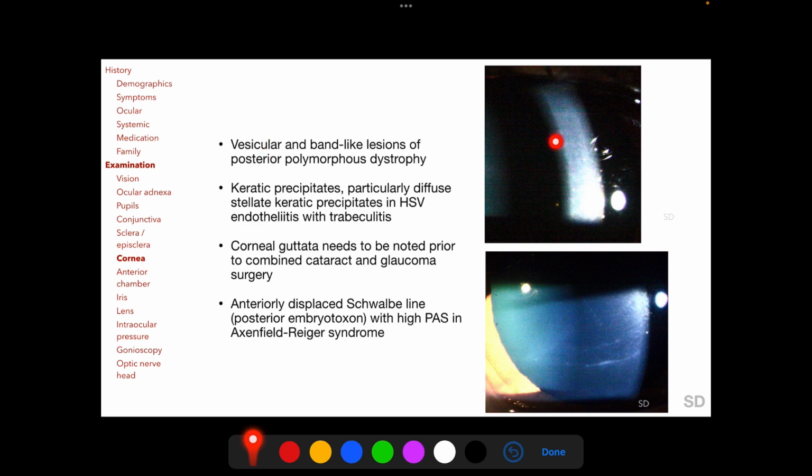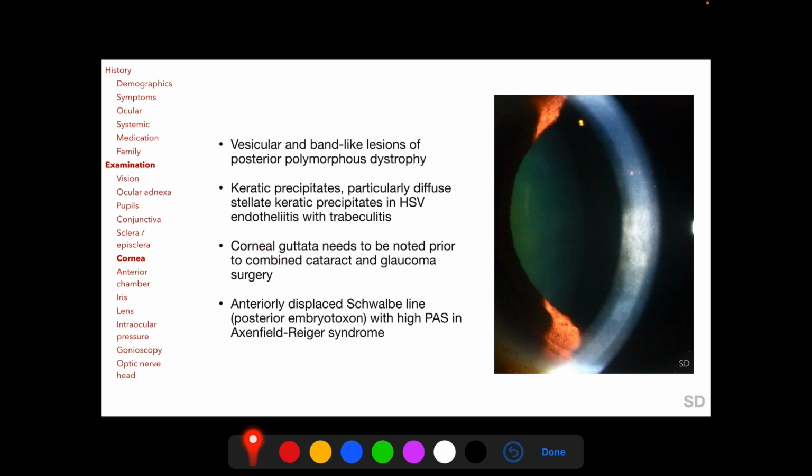Vesicular lesions as seen in this photograph and band-like lesions as seen here in this photograph can be found in the endothelium of patients with posterior polymorphous dystrophy. Patients with herpes simplex virus endotheliitis, who can have trabeculitis resulting in raised intraocular pressure, typically have diffuse stellate keratic precipitates all over the corneal endothelium in the affected eye. Corneal guttata in the corneal endothelium needs to be noted